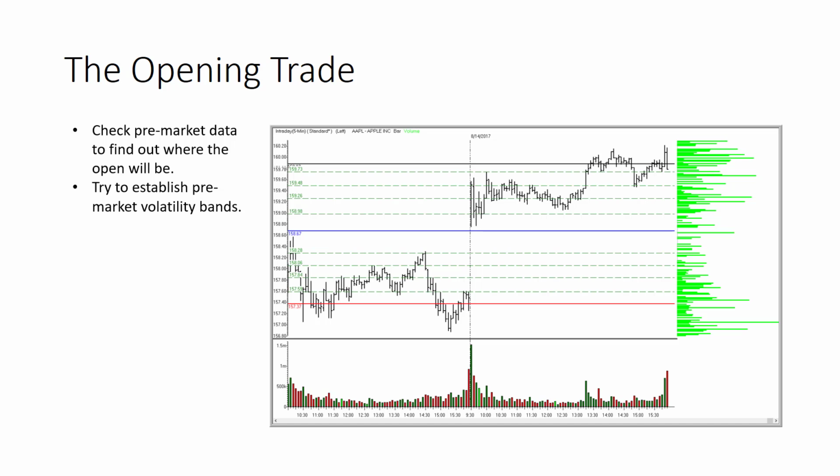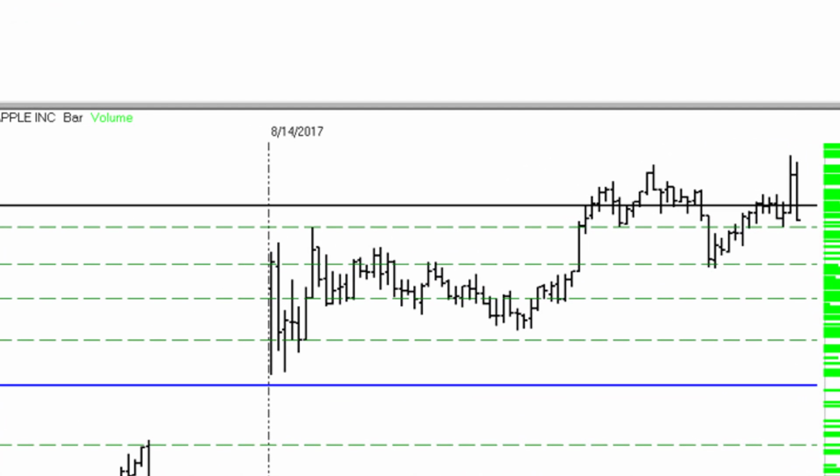was going to be. You could have put on a decent opening trade, as a matter of fact, a very good opening trade on this, without knowing where the bands were going to settle in, just by using typical travel ranges for Apple and having an entry at that very first tick. The other thing you can do is just wait, just pass on it, and see where the new ranges establish themselves over the course of the morning.